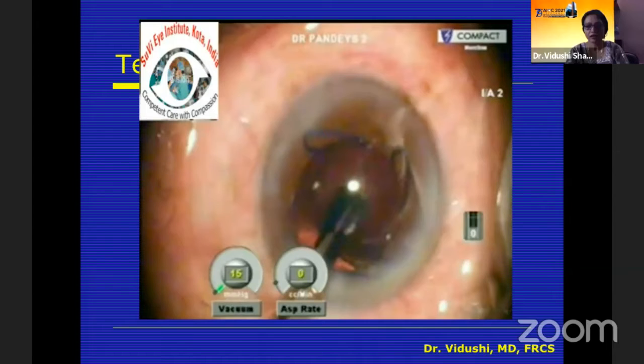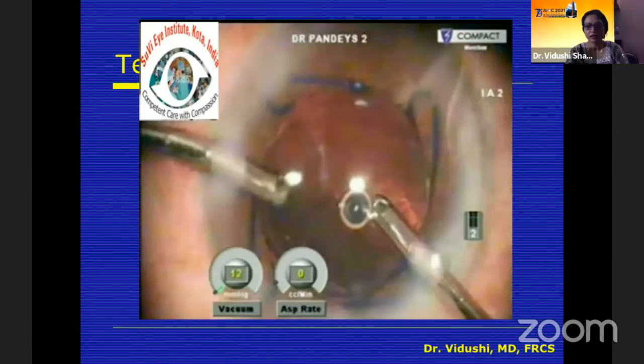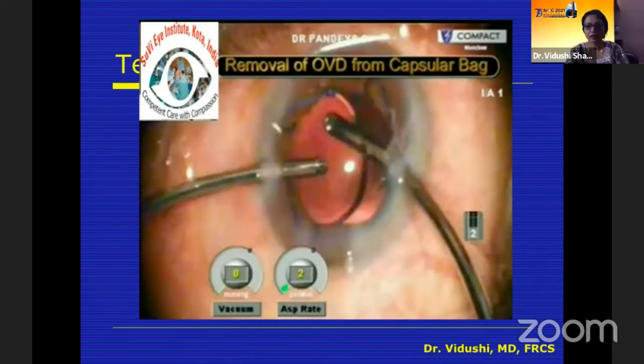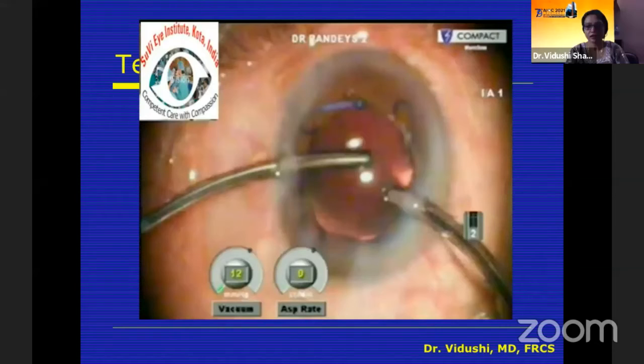And again, in all these surgeries, even though the ring is there, we have to make sure that we remove all the viscoelastic, because these are all difficult cases where the viscoelastic is used more generously. Now, this is the injector. The same injector is used to remove the Malyugin ring from the anterior chamber.